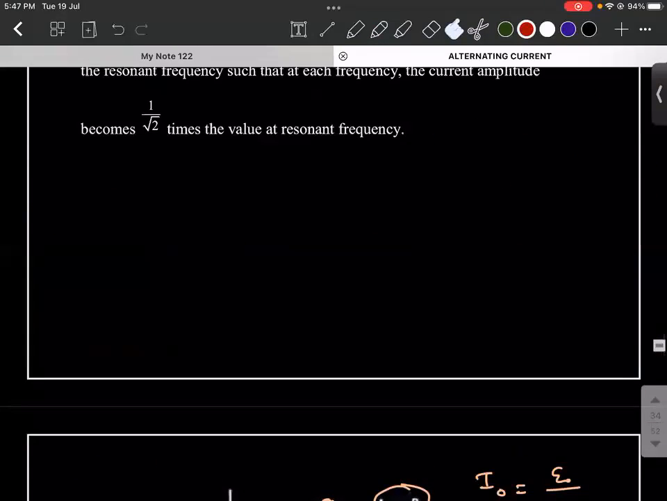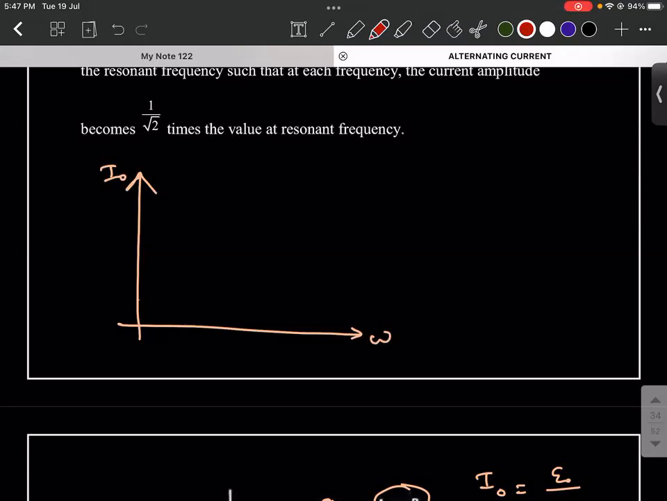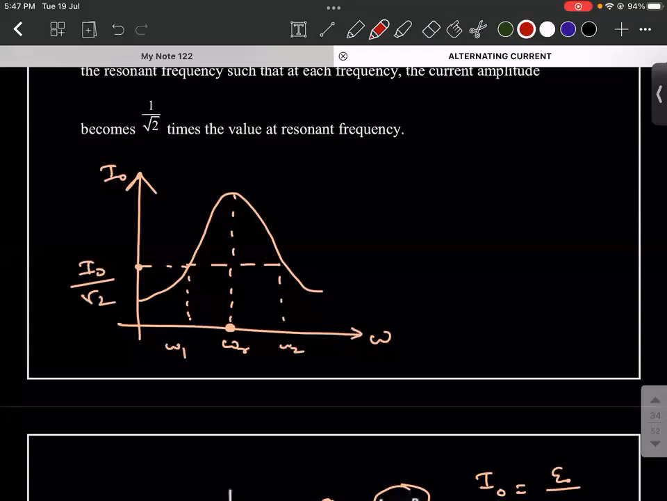So if I plot a graph, this is I naught, this is omega. This is how the graph will look, right? And what value is this dot? Omega r. On either side of omega r, I will take two values, omega 1 and omega 2, where the corresponding current value is I naught divided by root 2. Is it clear? Then Q factor will be equal to